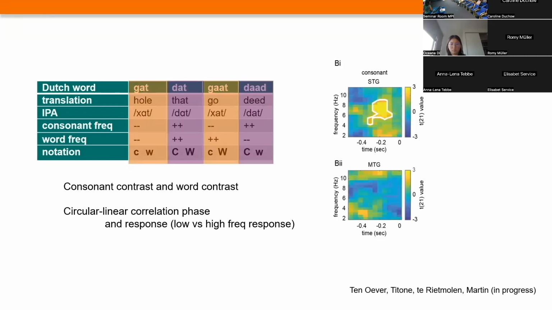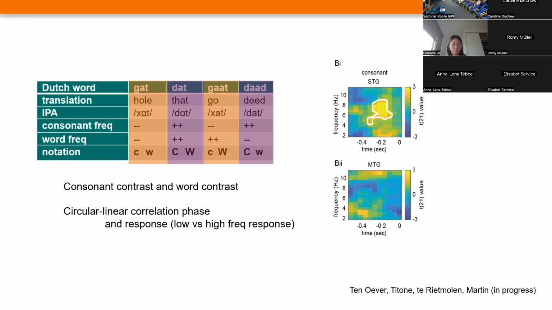Okay, so these are the results. I don't show inferior frontal gyrus because there were no effects. The interesting effects were in the superior temporal gyrus and the middle temporal gyrus. So for the consonant contrast, time 0 is again when we present the stimulus, and the rest is pre-stimulus. For the consonant contrast, we find that the superior temporal gyrus shows a circular linear correlation where